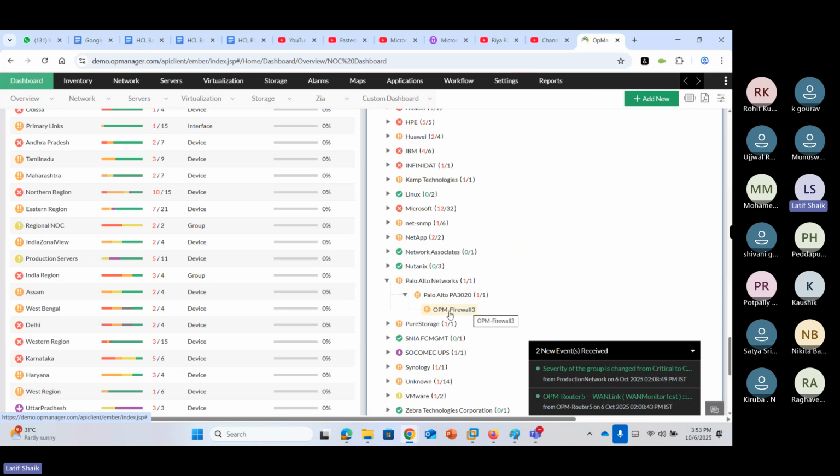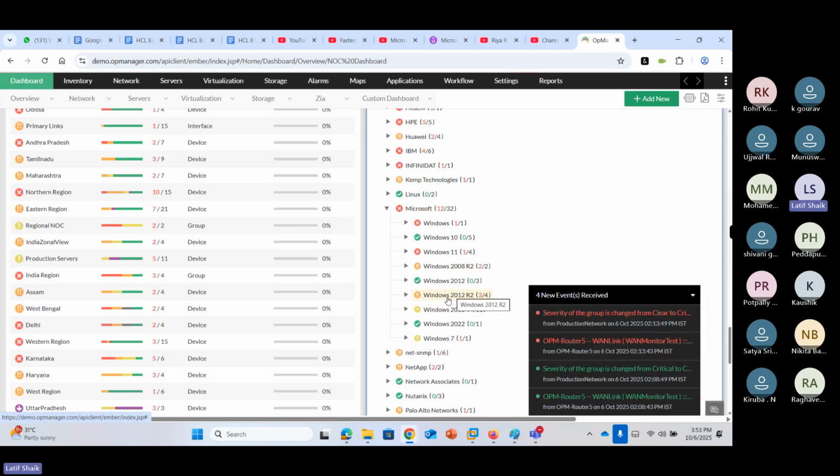Storage management, NetApp: both systems are having some kind of trouble. Microsoft: out of 32 Microsoft-based devices, 12 have an issue. There are four servers, three 2012 servers, one Windows 11 system, and some other Windows systems having problems.